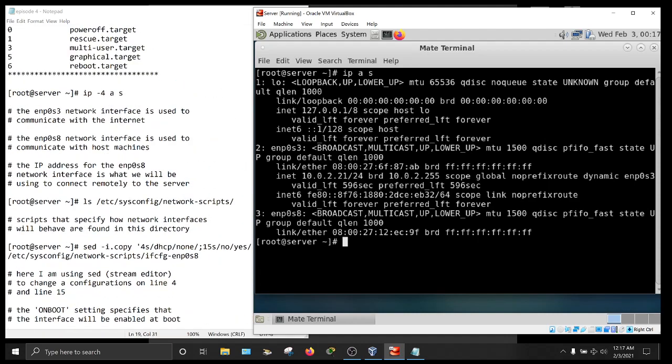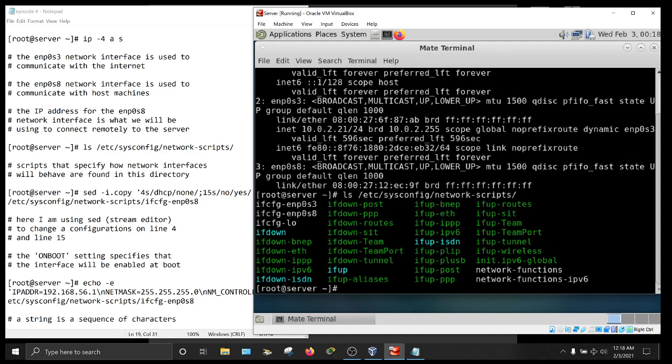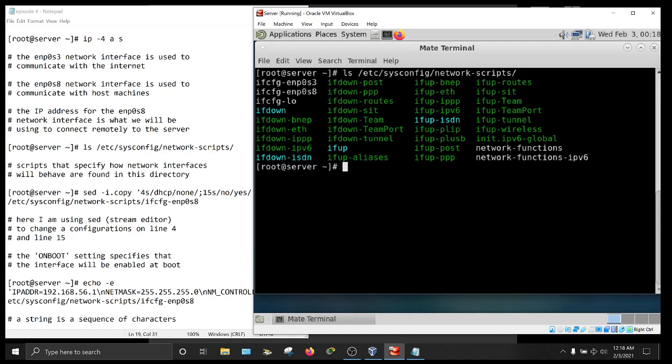So let me list the /etc/sysconfig/network-scripts directory, and we have network scripts here, and of course we have one for enp0s8. All right, and clear the screen, replay that last command, and then I'm going to